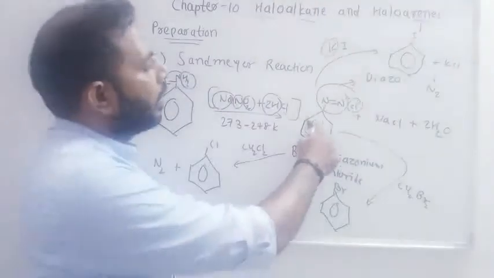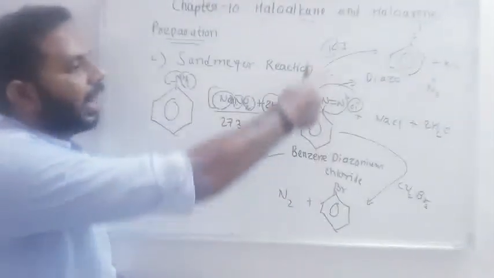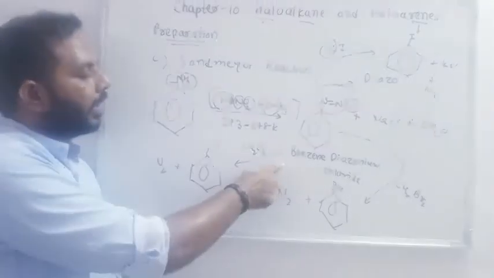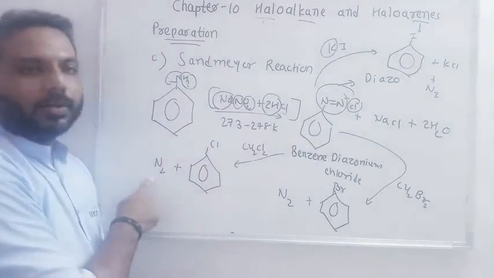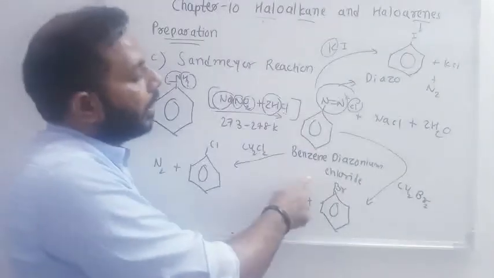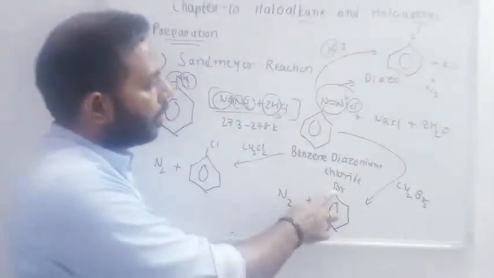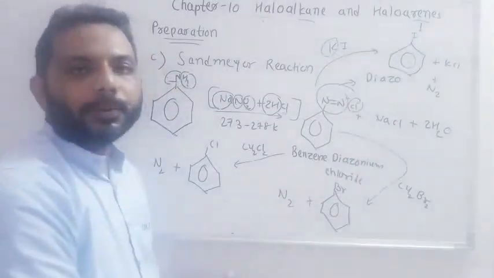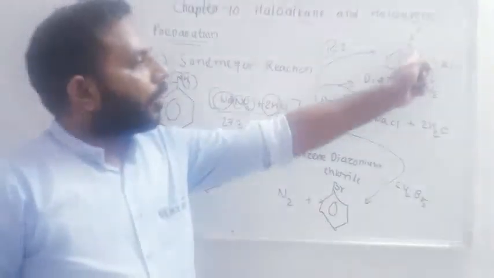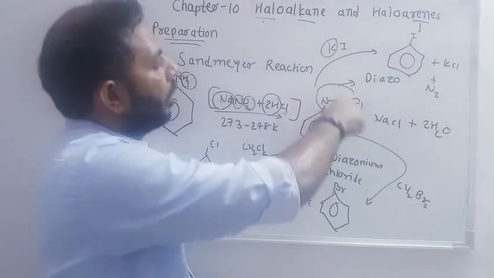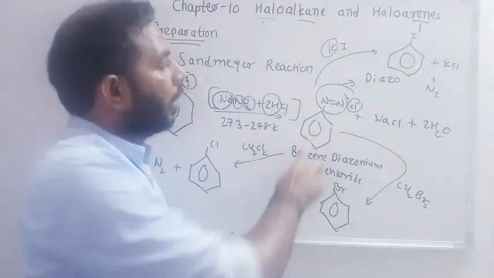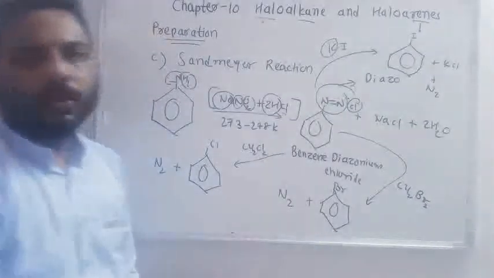So we have got benzene diazonium chloride, which is an intermediate for the formation of chlorobenzene, bromobenzene and iodobenzene. Benzene diazonium chloride reacts with Cu2Cl2 and forms chlorobenzene. The diazo group is released in the form of N2. It reacts with Cu2Br2 and forms bromobenzene. But for the formation of iodobenzene, we only need potassium iodide. So iodine will react with benzene and form iodobenzene. Potassium will react with chlorine to form KCl, and the diazo group will be released as N2.